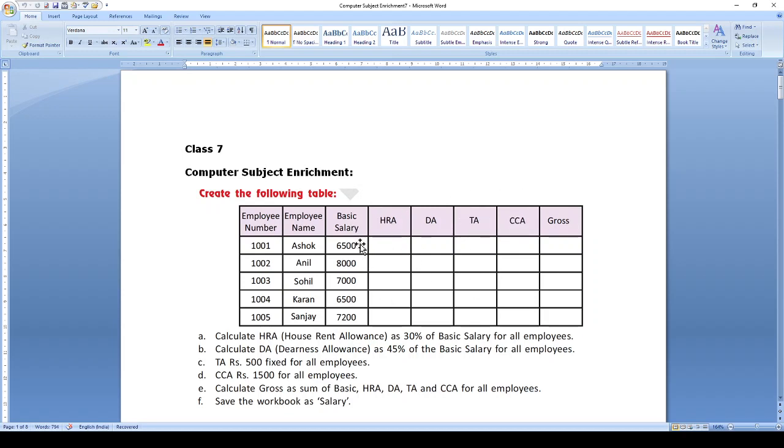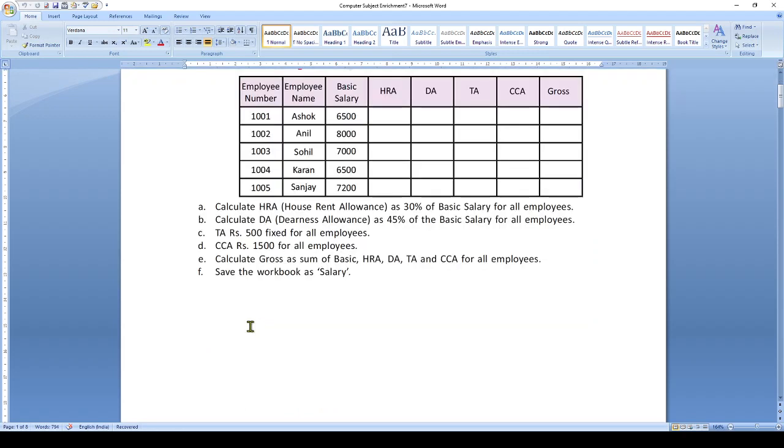And as I said, you are given the values for employee number 1001 to 1005, the names of the employees and their basic salaries. The HRA, DA, TA, CCA and gross you have to calculate.